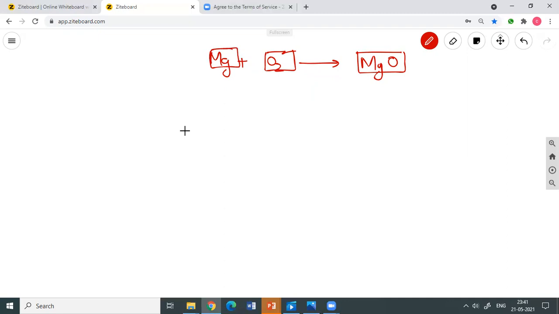If you see on the reactant side, magnesium is 1. On the product side, magnesium is 1. That means only 1 mole of magnesium is existing on the reactant side, and similarly 1 mole of magnesium on the product side. Similarly, if you test for oxygen, there are 2 oxygen atoms on the reactant side and only one oxygen on the product side. There are no other numbers associated with oxygen, which means only one oxygen is there. So how will you balance this equation?